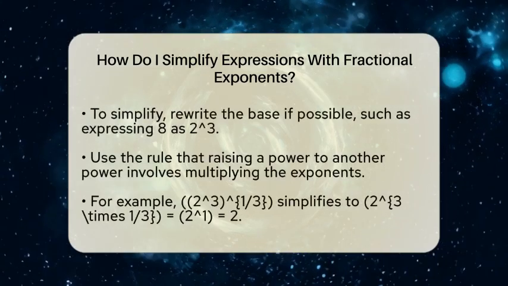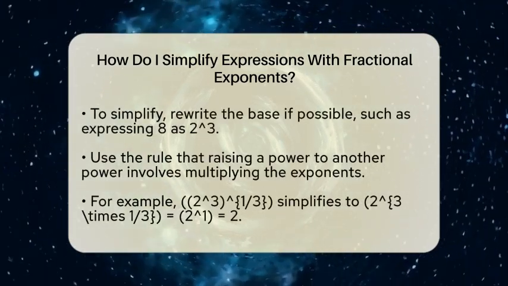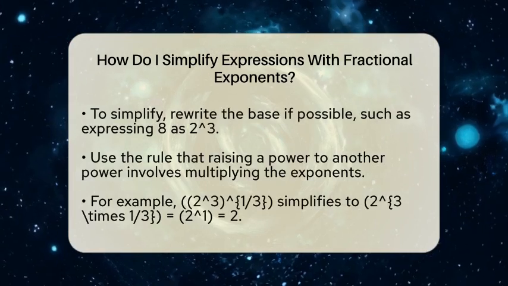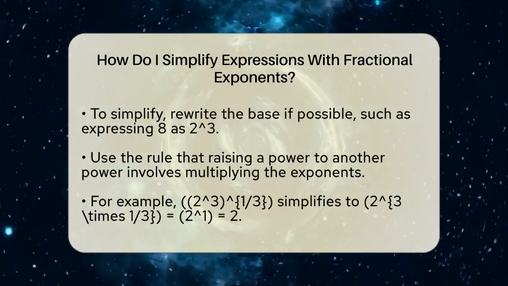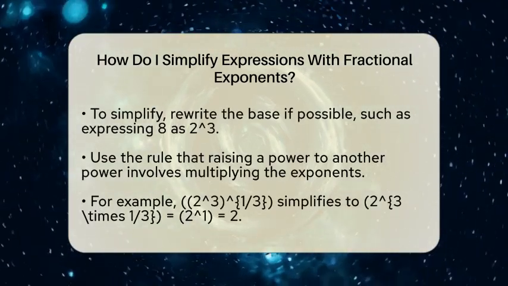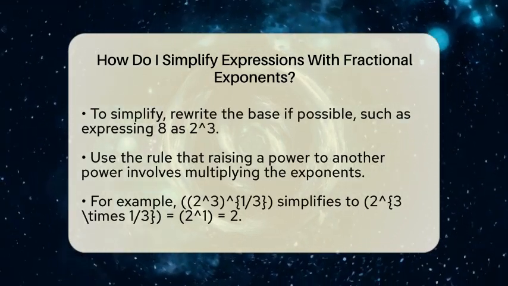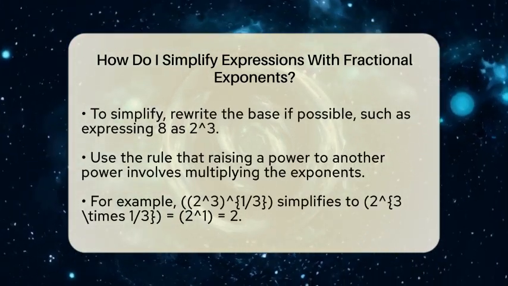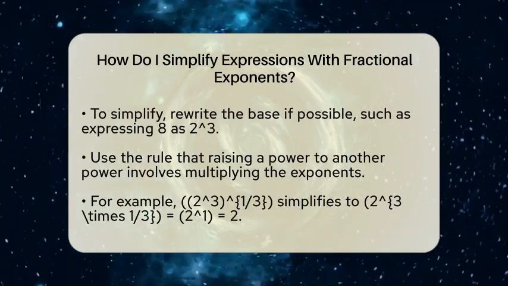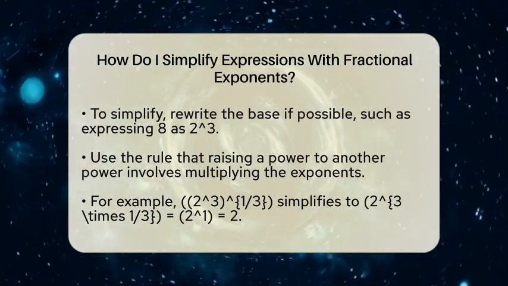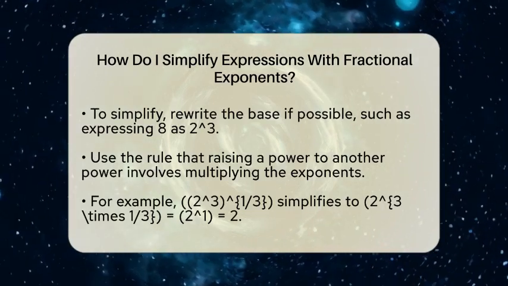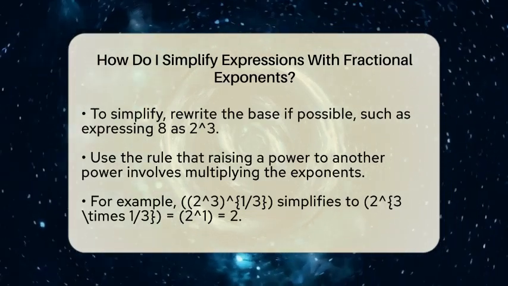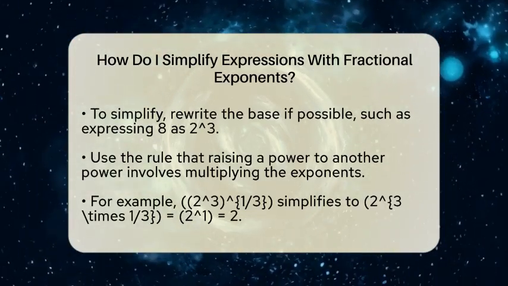To simplify, start by rewriting the base if possible. If you have a number like 8 raised to the 1/3 power, remember that 8 is the same as 2 cubed. So you can rewrite 8^(1/3) as (2^3)^(1/3). Next, use the rule that when you raise a power to another power, you multiply the exponents. So (2^3)^(1/3) becomes 2^(3 × 1/3), which simplifies to 2^1, giving you